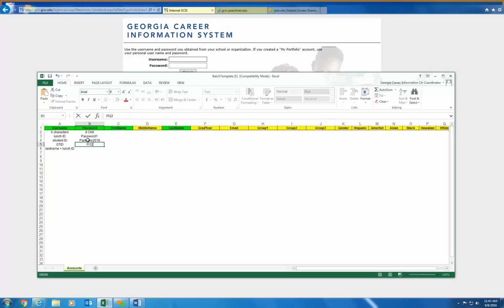If I were 12, 31st, 98. Whatever it is that you want to do. So as long as it meets those requirements, I have my capital letter, lowercase letter, and at least 1 number, and it meets the 8 character requirements, you can use that information. So you just tell us what your desire is, and we'll go ahead and implement that for your students.